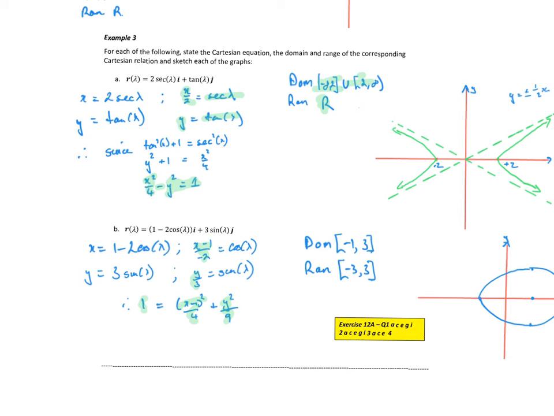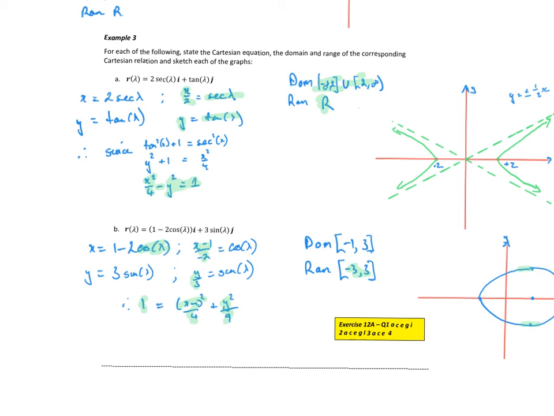If x equals 1 minus 2 cos lambda, so cos lambda has a range of values between negative 1 and 1. So I get as low or as high as 1 minus negative 2, so 1 minus 2, so that's negative 1 to 3. Similarly for 3 sine lambda, we're going to have an amplitude of 3, so from negative 3 to 3. And so there's my corresponding